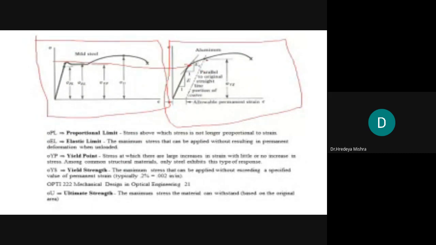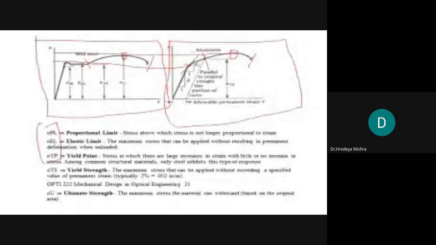You can see that is the parallel line. That is the parallel name of this. Okay, you get a parallel line. So you can see the plastic deformation length, and here we discuss only these two curves, these two sections only. So what happens? The ultimate stress here is higher than mild steel in comparison.